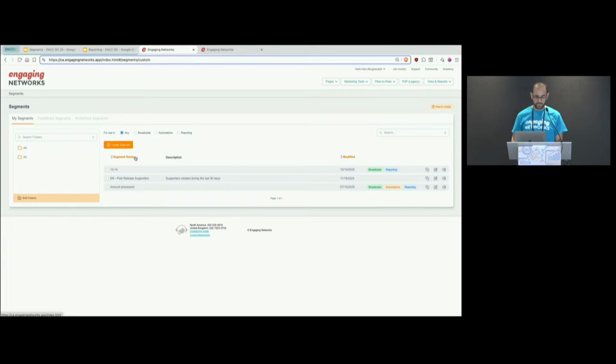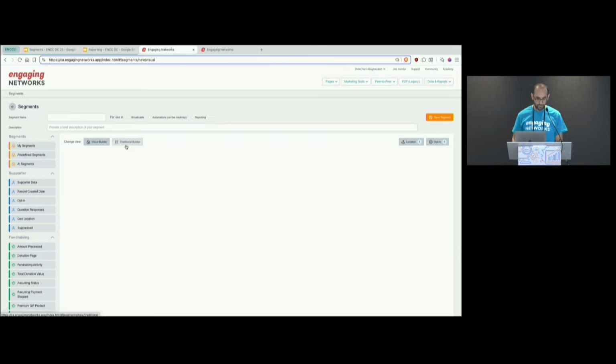If I want to create a segment, I go back to My Segments and click on Create Segment. Over here, a couple of things to note. I need to give it a segment name, and then I need to define where that segment would be used. Right now, like I mentioned, it's available in broadcasts and in reporting, and that's important to define because